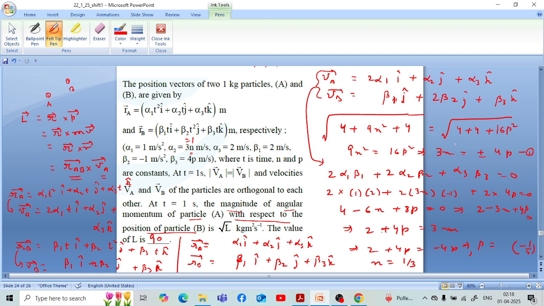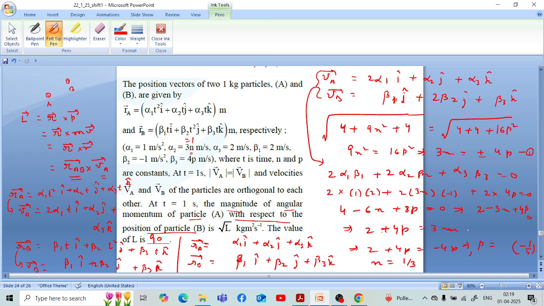फिर उसके बाद ये ऑर्थोगोनल दिए गए हैं, ये दोनों वेलोसिटी वेक्टर ऑर्थोगोनल दिए हैं, तो हमने डॉट प्रोडक्ट को 0 के बराबर रख दिया। सॉल्व किया तो यहाँ पे हमें एक रिलेशनशिप मिला n और p के बीच में, और इसे हमने यूटिलाइज किया। इसे हमने देखा कि 3n बराबर प्लस 4p अगर हम रखते हैं तो ये इनवैलिड हो जाता है, क्योंकि 2 बराबर फिर 0 बन जाता है, जो कि पॉसिबल नहीं है। तो हमें 3n बराबर माइनस 4p इक्वेशन 1 का जो है उससे लेके वो वैल्यू पुट करनी होगी।